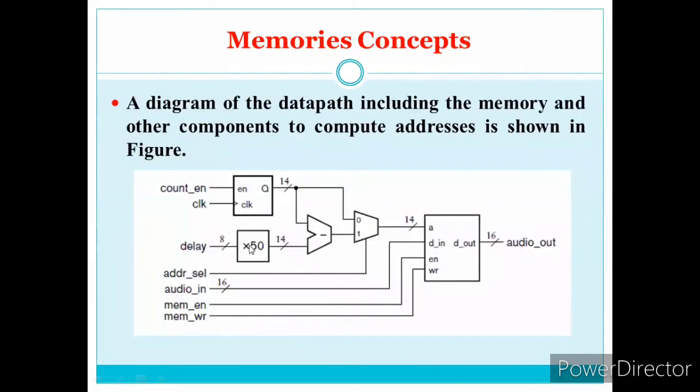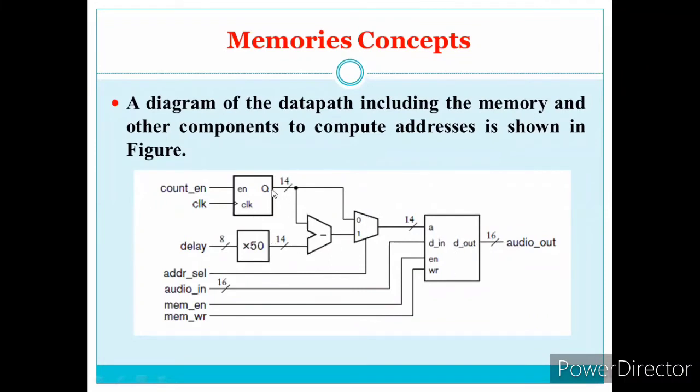So this is a simple design for the given question. If you observe, the audio input is 16 bits, as already indicated. The address is selected depending upon the select signal for this multiplexer. Then there are memory enable and memory write, which store the information. A delay of 50 nanoseconds is given through the subtractor. Depending upon the address line, whether we want a count or the delay signals, we can use it here. But whatever the audio signal is, it is already available in the memory location.